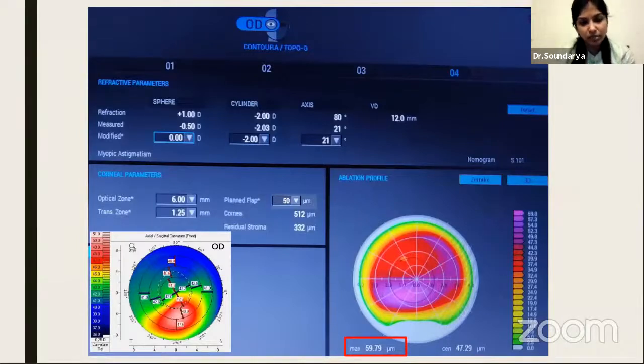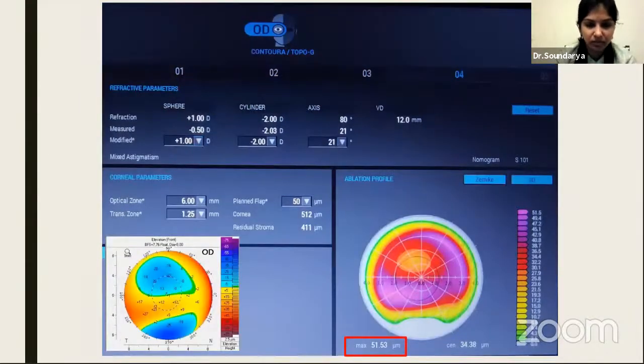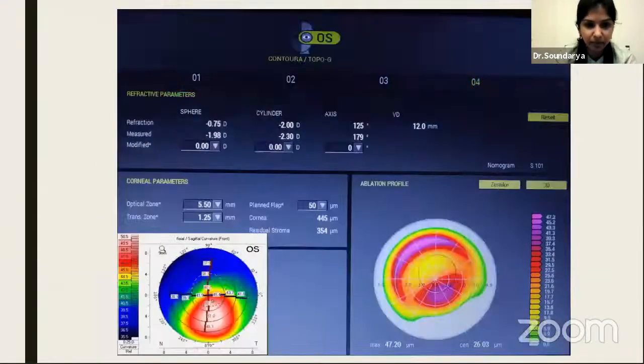Another tip to reduce the amount of tissue that we're ablating is to add a small amount of hyperopic correction. In the example that I have given, the patient has a central flat cornea. In many of these patients, in subjective refraction itself, they would accept hyperopia. So it's a good idea to go ahead and add that hyperopic correction as well. Even if patients don't accept hyperopia, a minimal amount of hyperopic error can be added in order to save the tissue. Here, if we just put the cylindrical correction, the tissue used is 59 microns, whereas when we add the +1, the tissue consumption has reduced quite significantly.